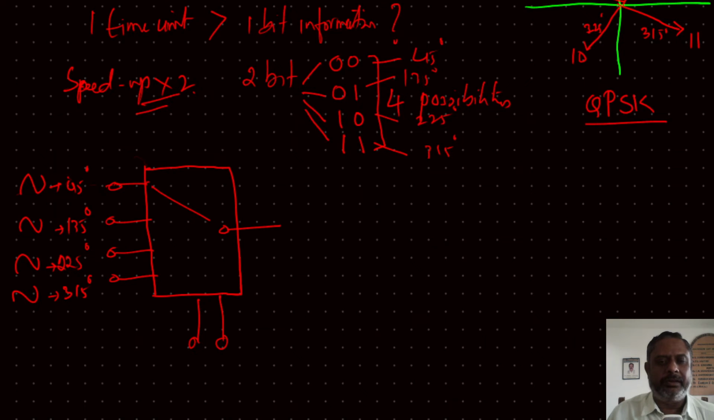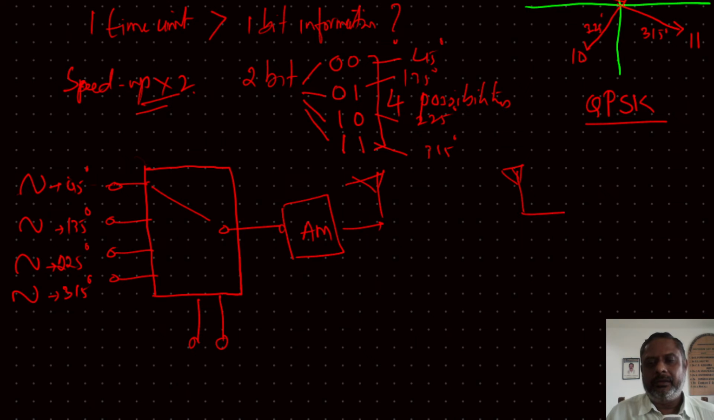So if we give 0 0, then this gets connected here, so we get 45-degree output. If it is 0 1, this gets connected here, so we get a sinusoidal output with 135-degree phase shift. If it is 1 0, then we get 225 out. If it is 1 1, we get 315 out. So this is being used, and this is modulated and then transmitted, and at the receiver you demodulate,